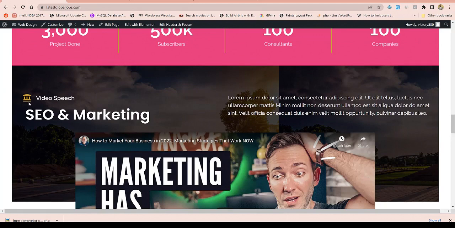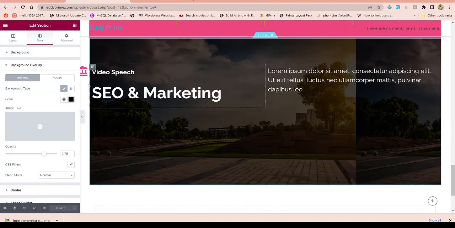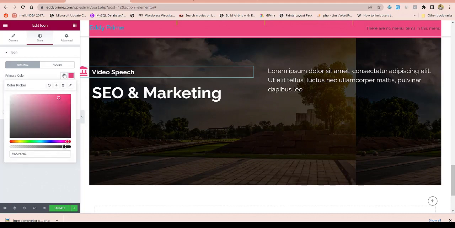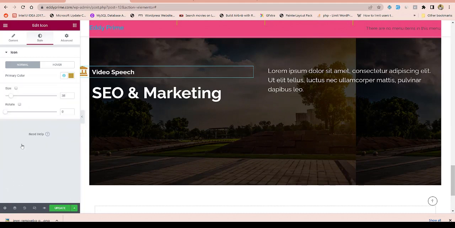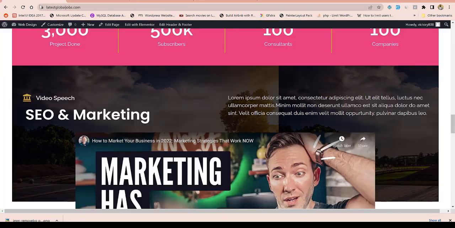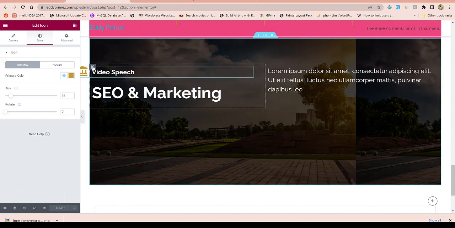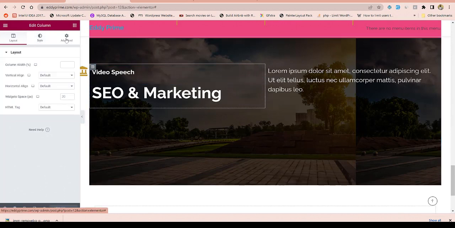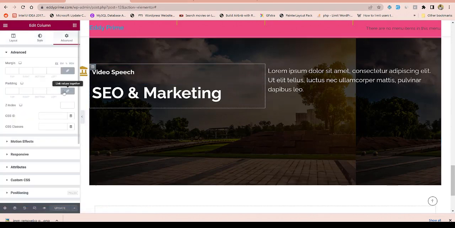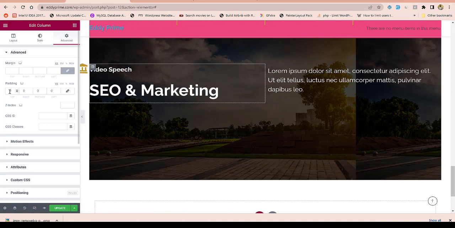Okay, I'm going to change this color to be gold color. We have gold color there. To be gold. So this is the color I'm going to be using. So I'm going to update it. Alright, if you look at this, you will discover that, like I said, we have a space here. So I'll come over here. I'm going to click on this. So I'm going to add a padding. Let's say padding